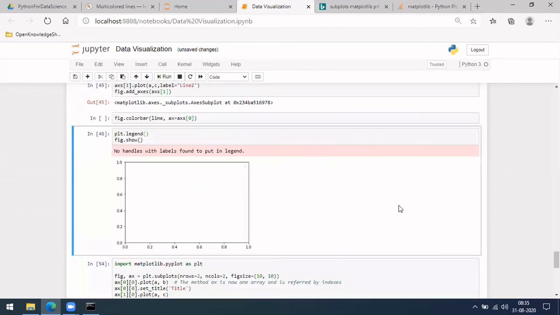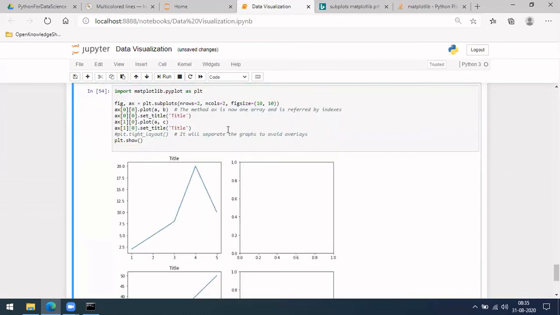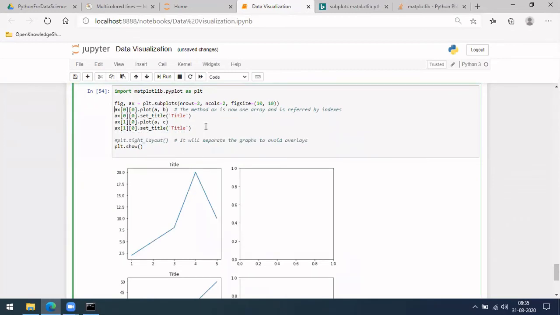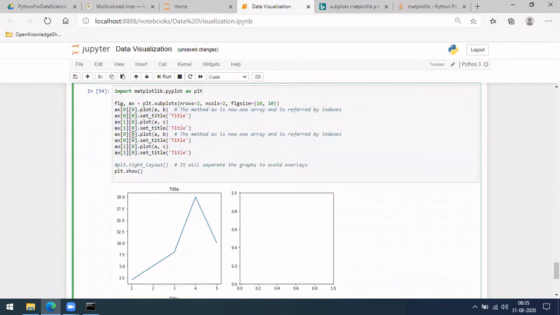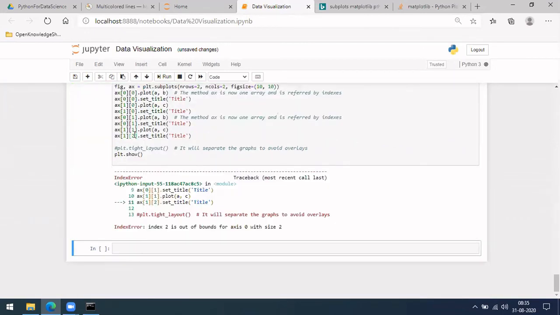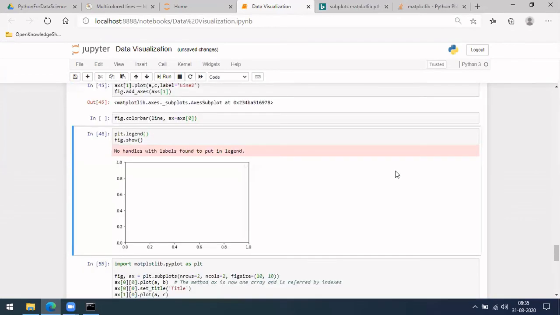In case you want to plot something else here as well, you have to plot in AX1. Let me do the same plot again here by keeping the first column.